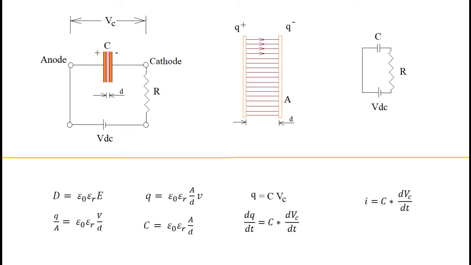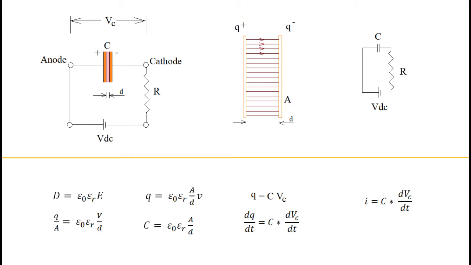We want to discuss how capacitor works when DC voltage as shown in circuit diagram is applied. When voltage is applied across capacitor, anode that is connected to positive terminal of DC voltage will attract free electrons and positive ions will be left behind. In case of cathode, electrons are pushed from negative terminal of battery towards corresponding surface of capacitor. In this way, surfaces of capacitor are oppositely charged. That is considered as a distribution of surface charge density on both surfaces.